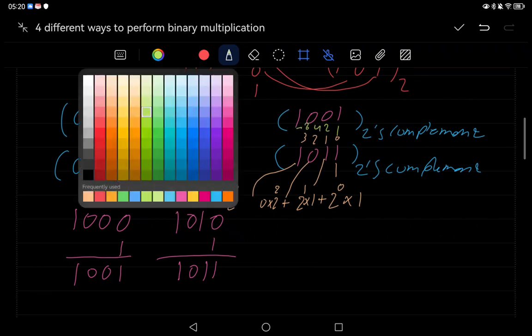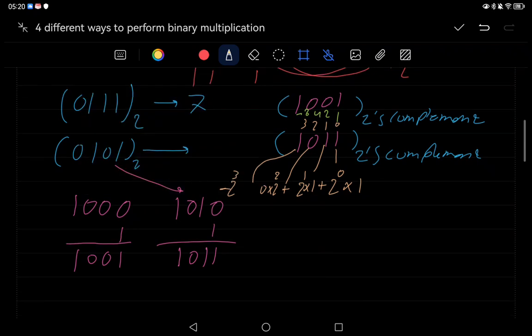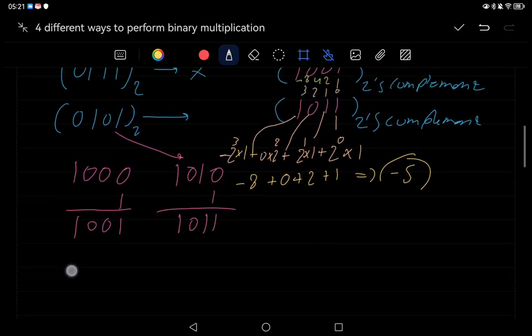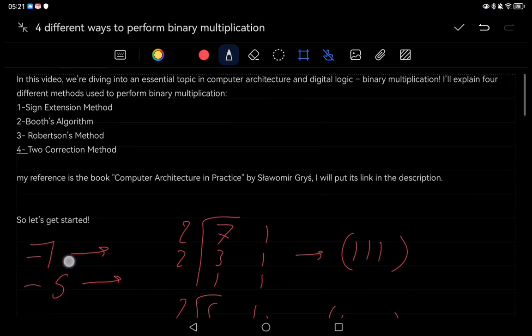Here we will have minus 2 to the power of 3 multiplied by 1. So here we will have -8 plus 0, since 0 multiplied by a number will result in 0. Here we have 2 multiplied by 1, which is 2, plus 1, which will result in -5, and we know that our number is correct. So this is a quick explanation of how to transfer a number to its